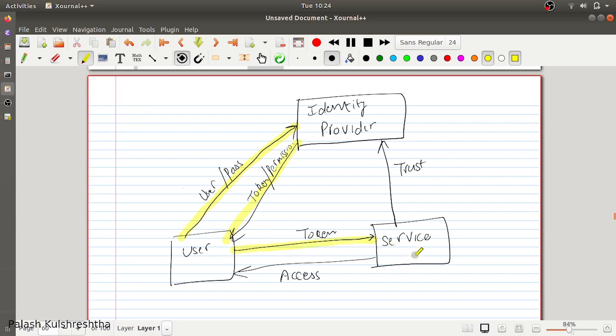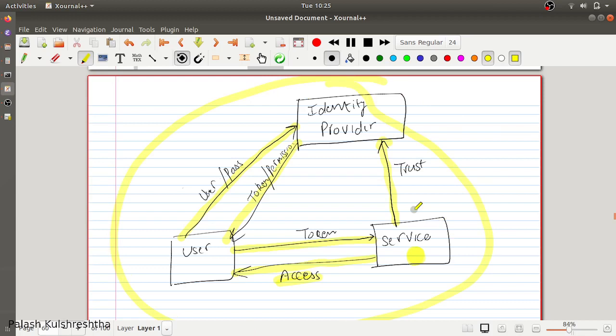Then this service is going to check whether this token is valid or not, and what permissions the user having this token has, and then it is going to allow access to this user according to the permissions present in the token. And if it is a two-way communication, then the service can authenticate that token from the identity provider as well in the middle steps. So this is a crude working of your federated identity pattern.